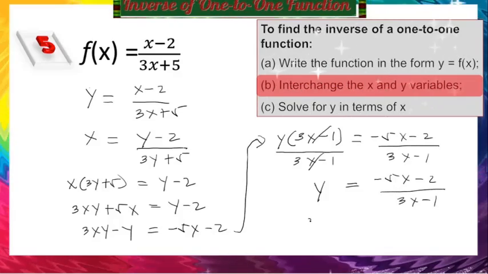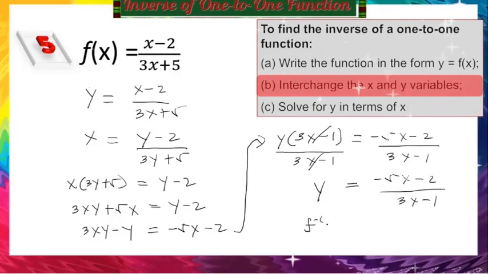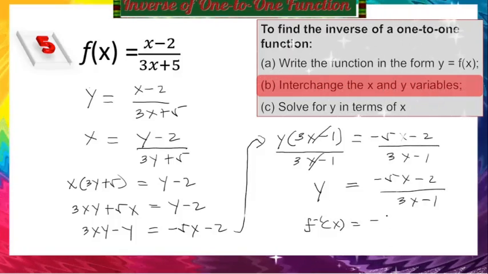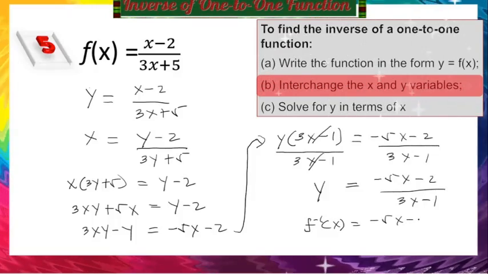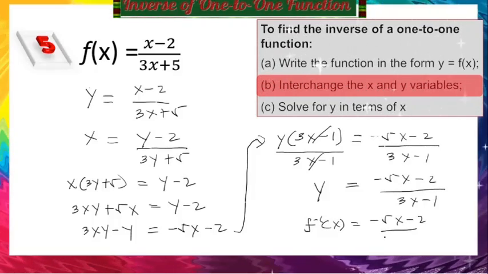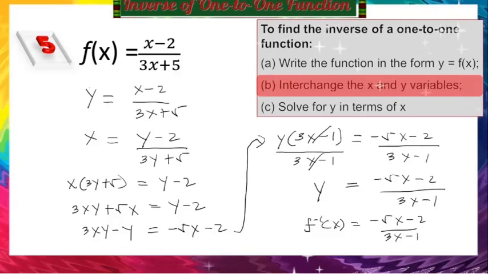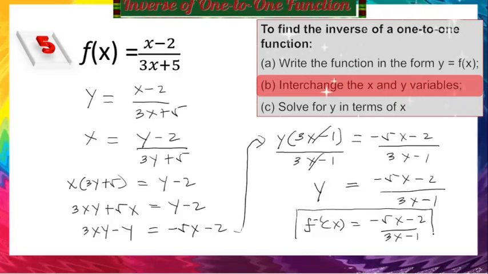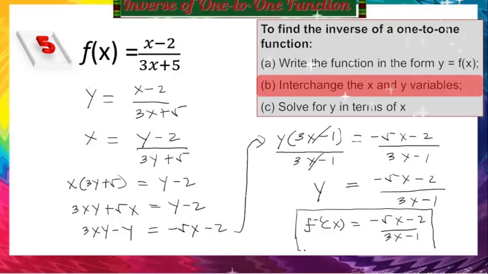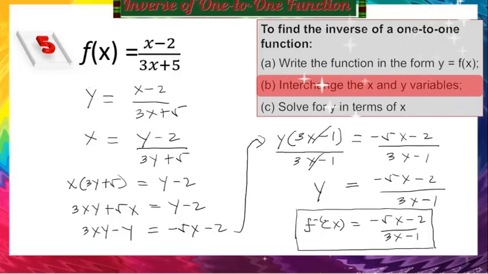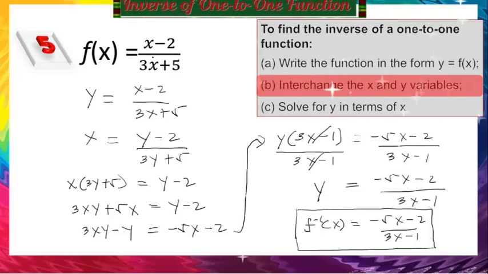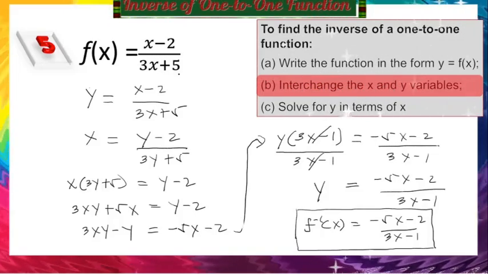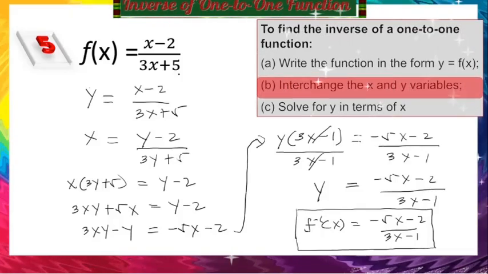So our inverse function now is negative 5x minus 2 over 3x minus 1. So this is now our inverse function of the given f of x equals x minus 2 over 3x plus 5. Okay,